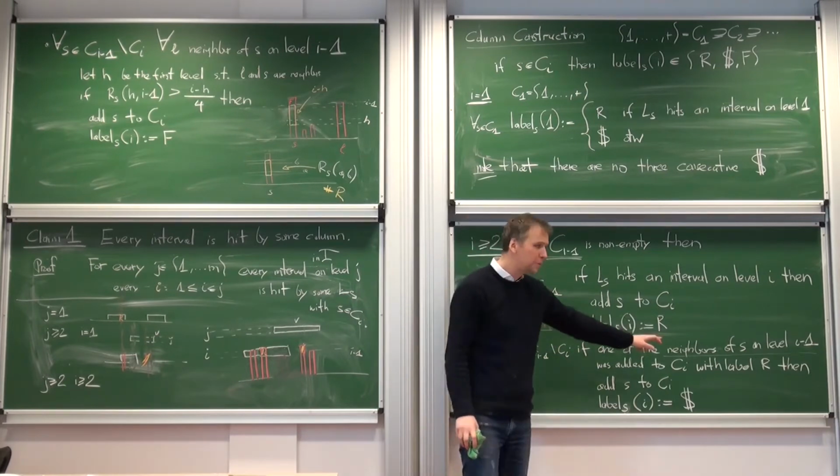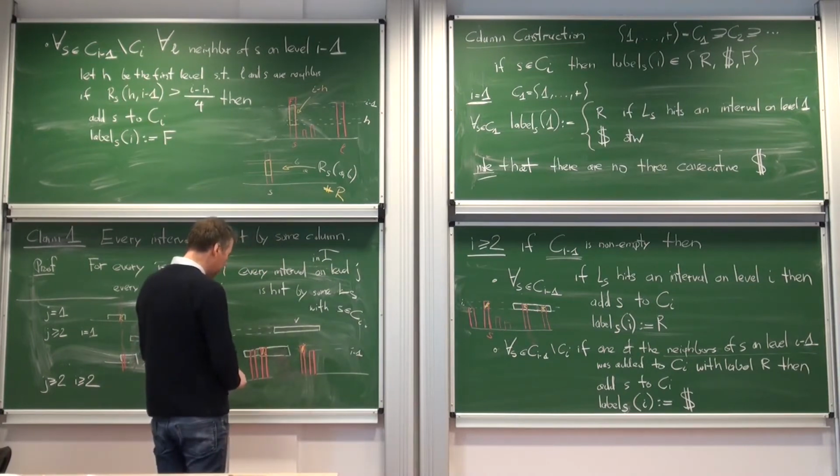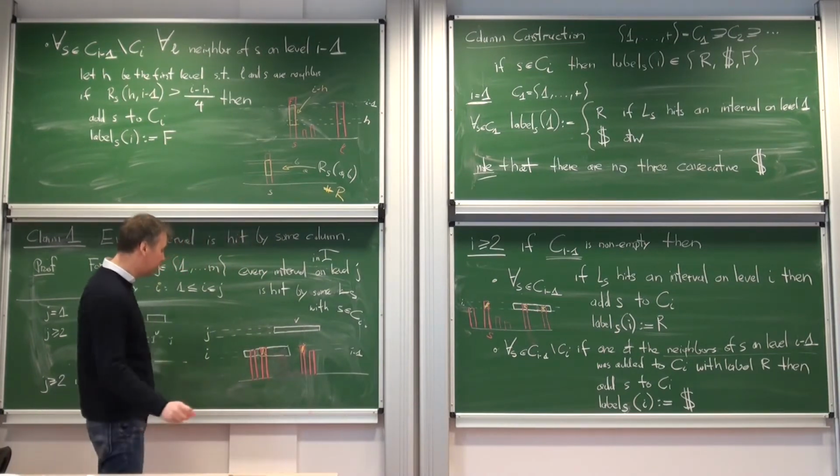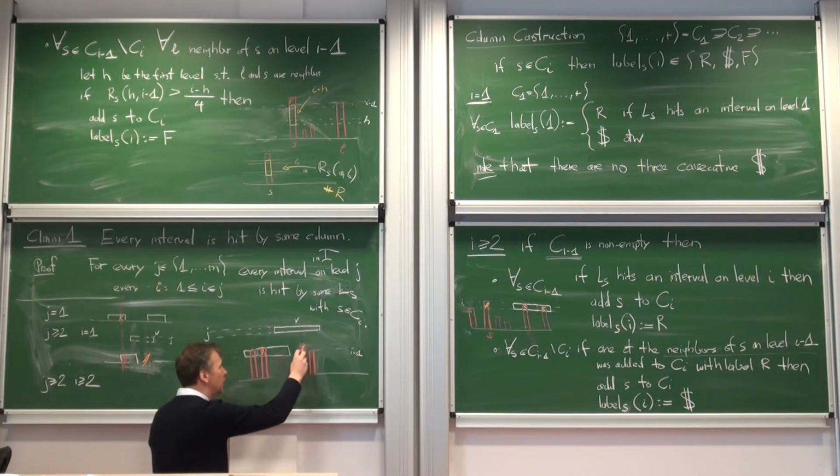If one of the neighbors on level I minus 1. So that's actually perhaps a good point. So we look at this column, which is the leftmost of ours, yeah, here. And so if there is a column like this, then it will immediately get R and it's below V. So this is good. So the first column going from this end,